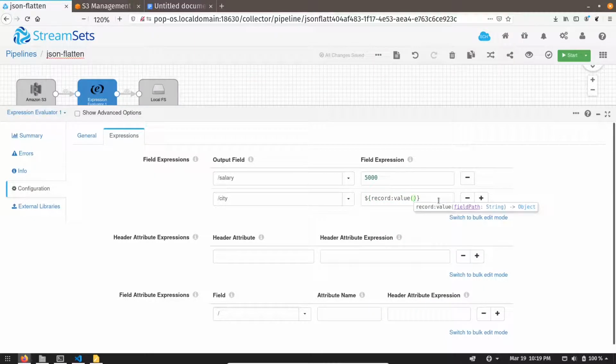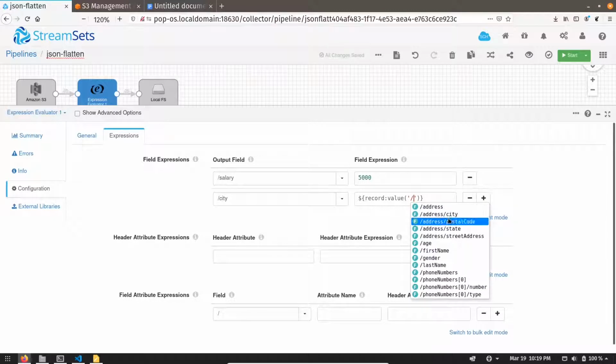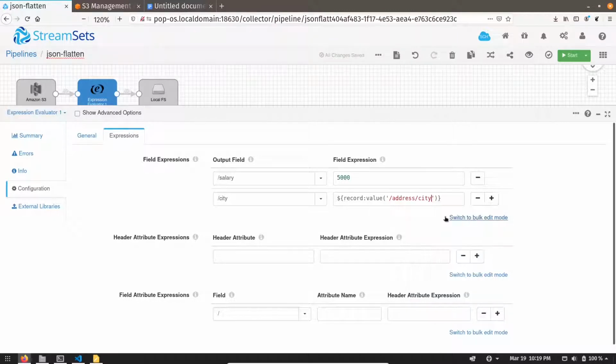And then over here we have to give the path to the column which we want to extract. So we want to extract the city column, so we can write /address/city. Now we will be able to extract the city as well.